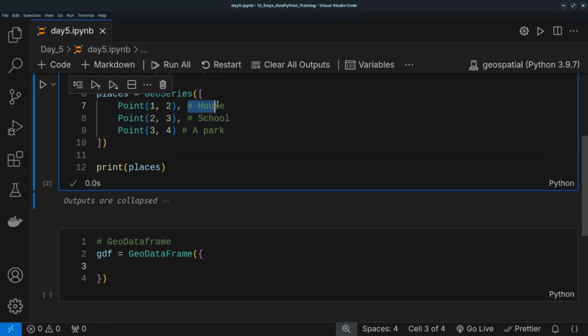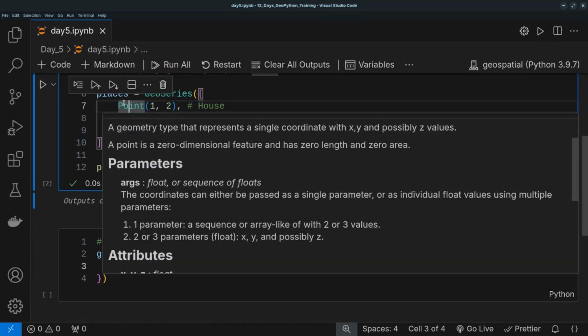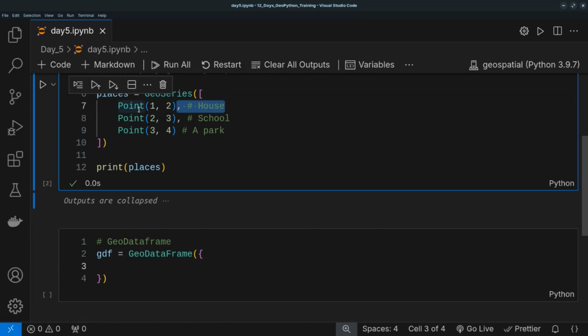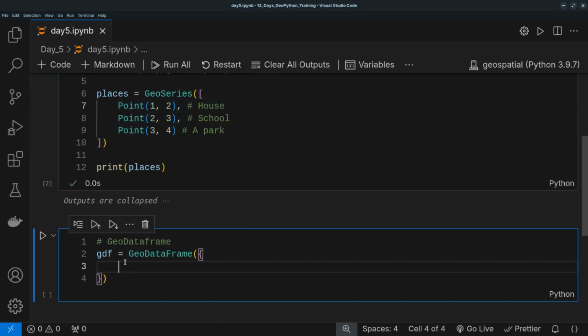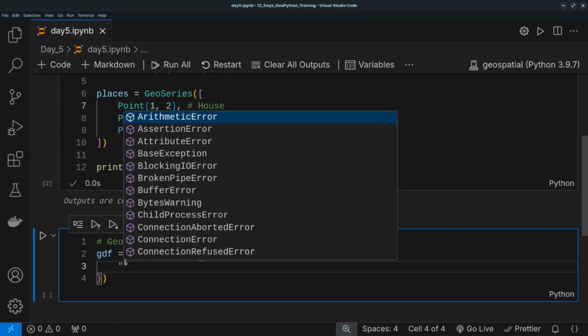You see, I could not add the attributes. I will add them here as Python comments. Pandas or GeoSeries, the GeoPandas doesn't know anything about this. It doesn't know that this point is a house because it cannot store anything apart from the geometries. But if I come to a GeoDataFrame, I can specify a column here called name,